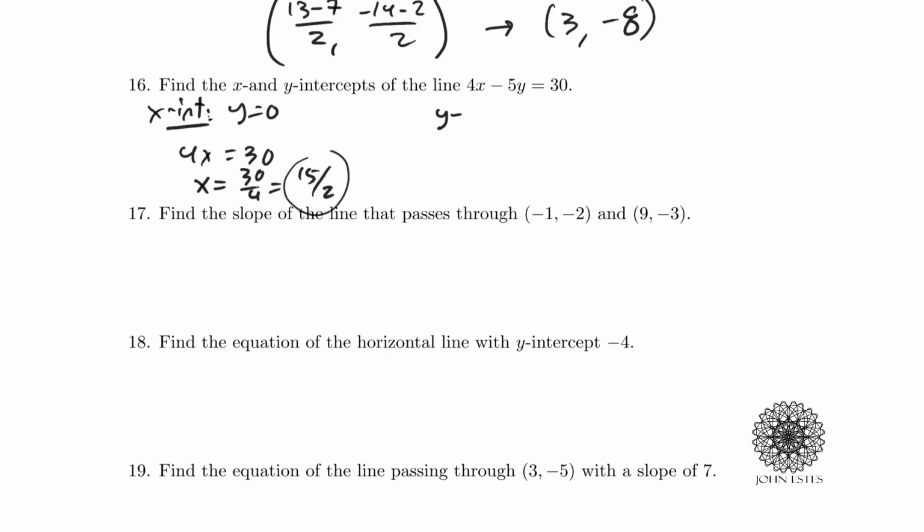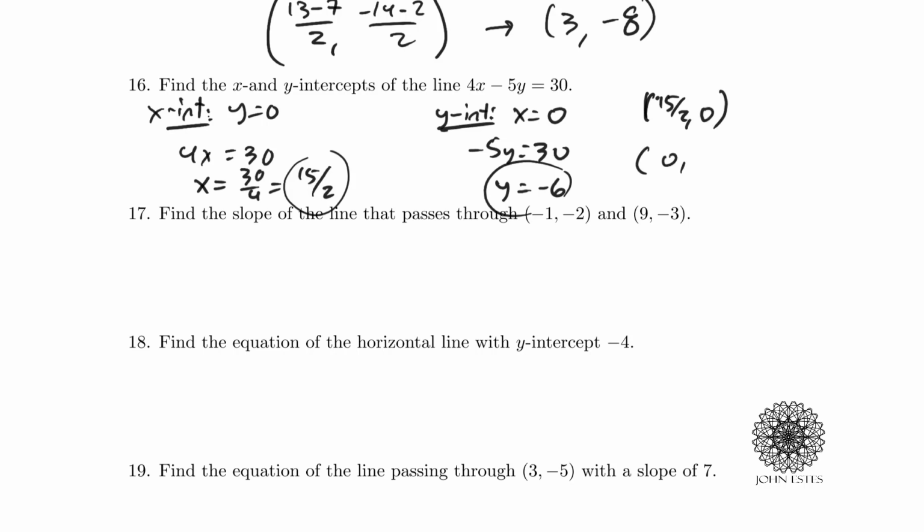For my y coordinate, or my y-intercept, I let x be 0. And so when I plug in 0 for x, I get 0 minus 5y equals 30, or y equals negative 6. And there's my y-intercept. If you wanted to write these as points, your x-intercept is 15 halves, comma 0, and your y-intercept is 0,